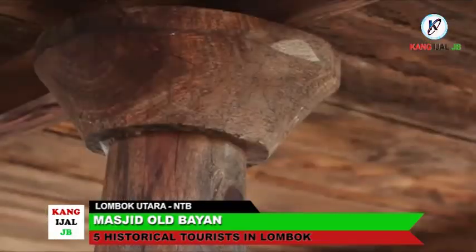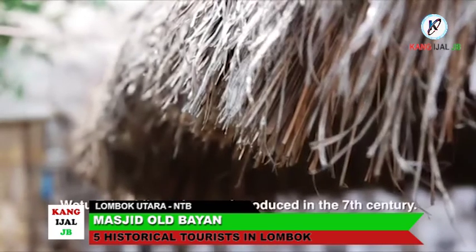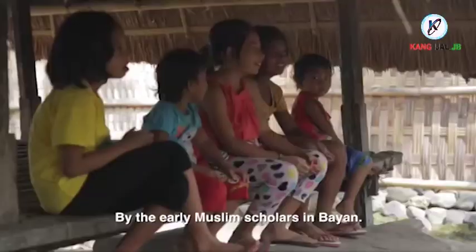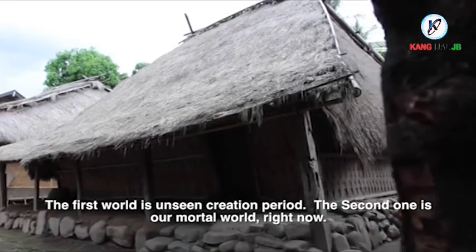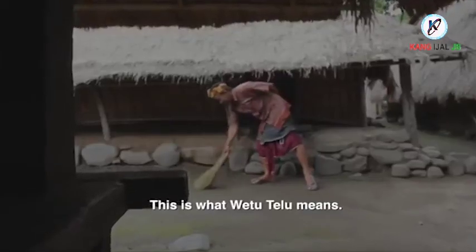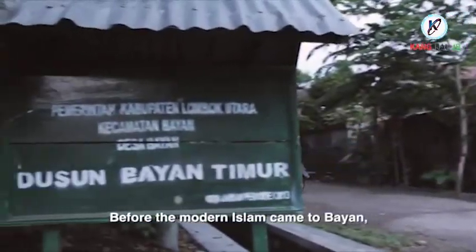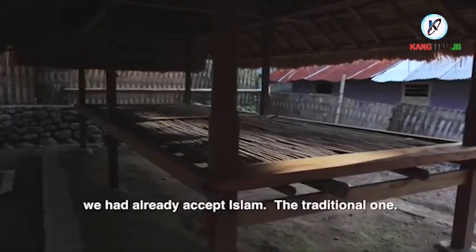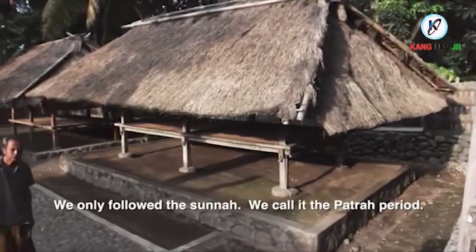The oldest mosque, better known as Bayan Beleq Mosque, is in Bayan Village, Bayan District, North Lombok Regency. Although simple, this mosque became one of the historic sites in Indonesia. Built in the 17th century, the mosque is now over 300 years old. Bayan is the first gateway for the entry of Islam on the island of Lombok. The Bayan Beleq Mosque is one of the markers that traces the first existence of Islam in Lombok, as well as the beginning of the construction of so many mosques, until finally Lombok got the nickname of